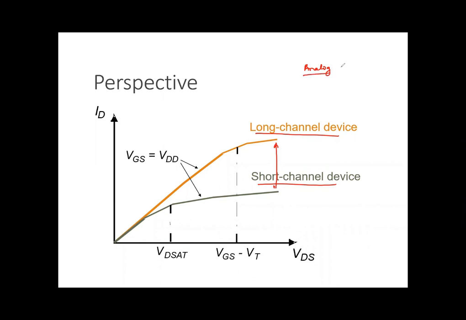Still, you can find people in analog working on 90 nanometer and 65 nanometer. The reason is this: although you are using smaller devices, to attain the same functionality you are using more devices. Suppose you have a current gain of 2, and now you are using 3 devices to get 2. So this is not giving you any sort of benefit.